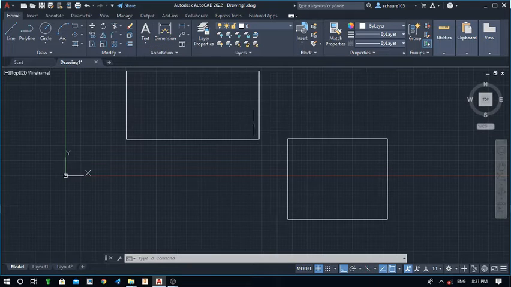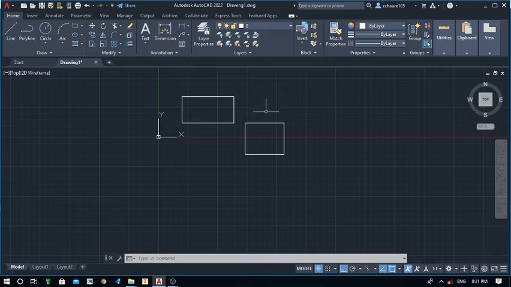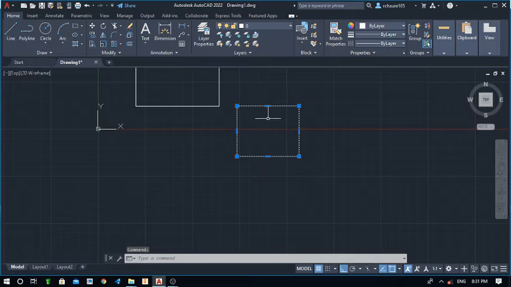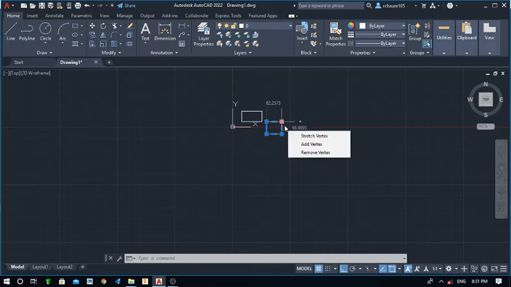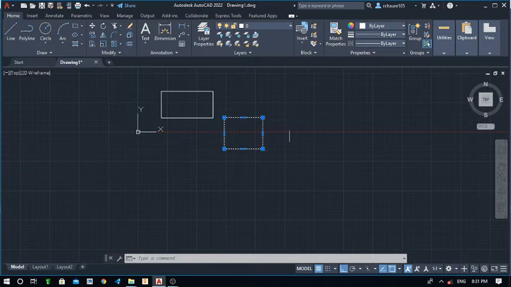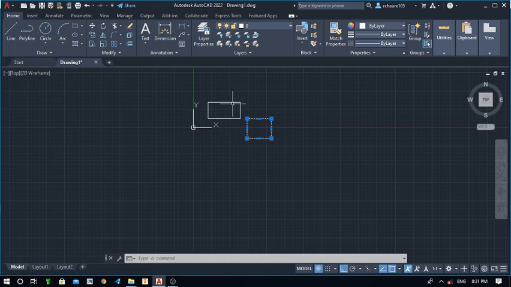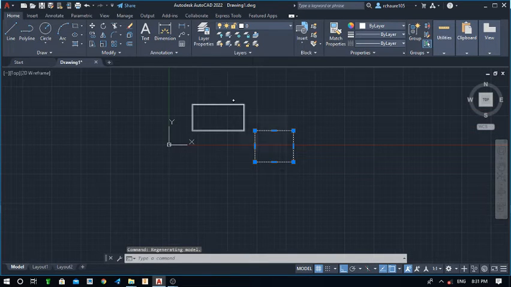So first of all, just take this rectangle. If I select this rectangle, the whole rectangle is selected. But I want to make this object into small elements, or I want it to be exploded. That is called exploded. When I select this edge only, only this edge should be selected, not the whole rectangle like this. So just escape, select this object and click on this explode command.